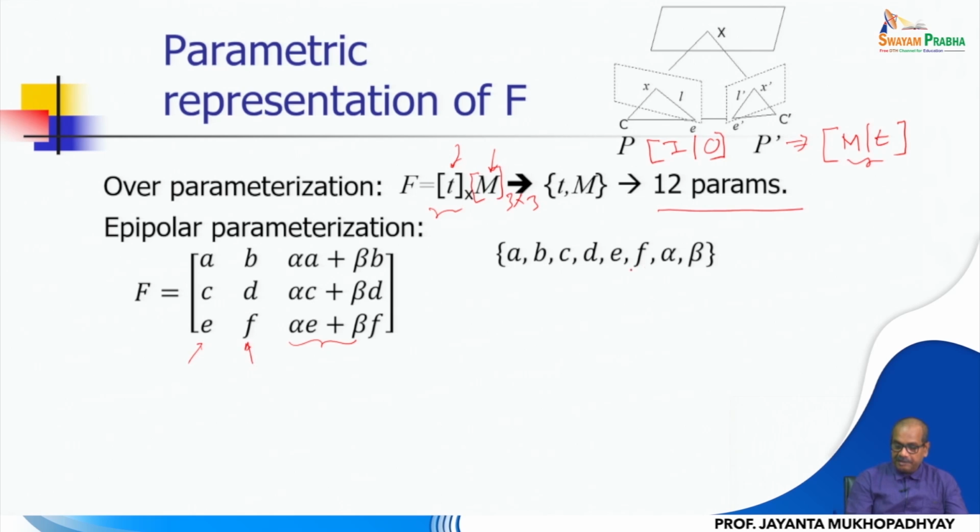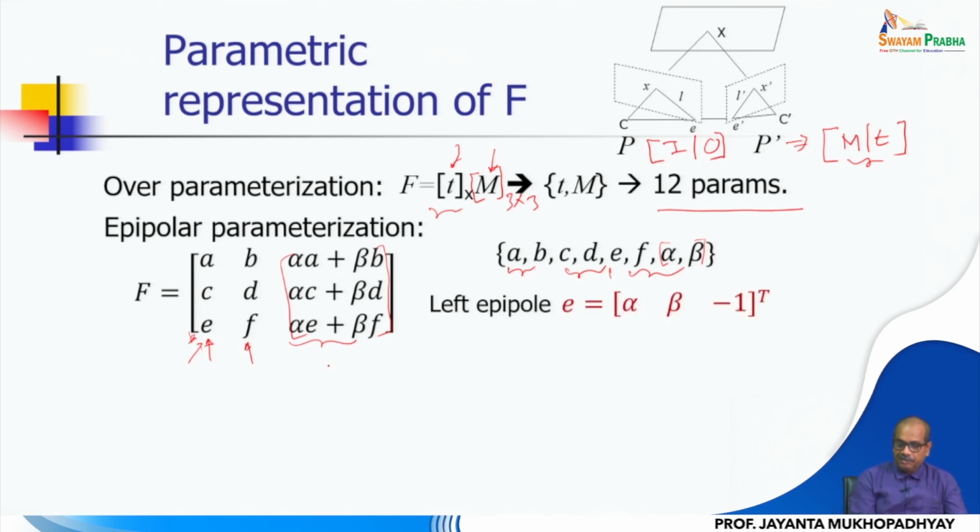So how many parameters do you have? 3, 6, 2, 8. You can see that there are 8 parameters in this case. Still it should be an over-parameterization, because we know there could be only 7 independent parameters. What we see here in this case is that if I take the vector, say the left epipole, as alpha